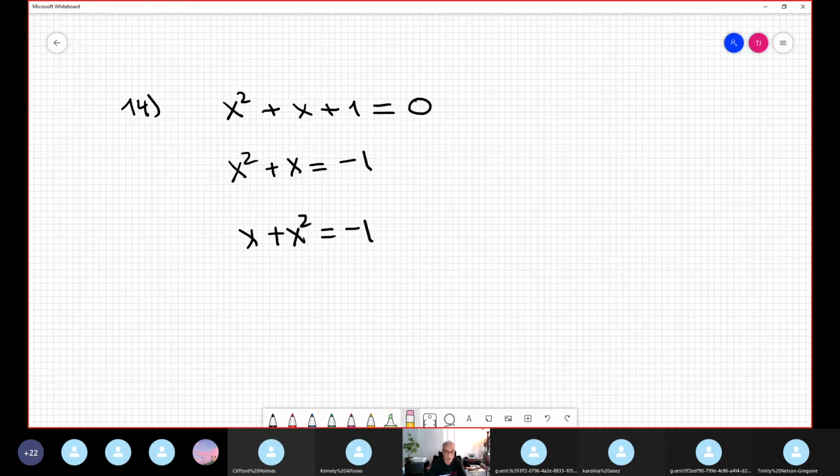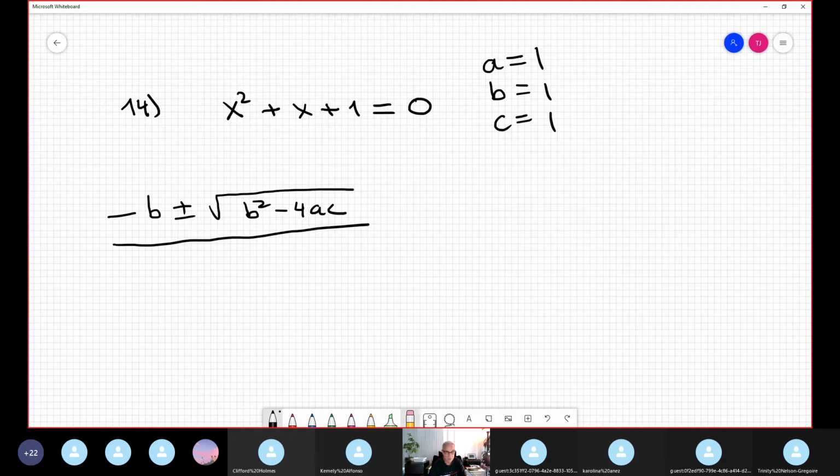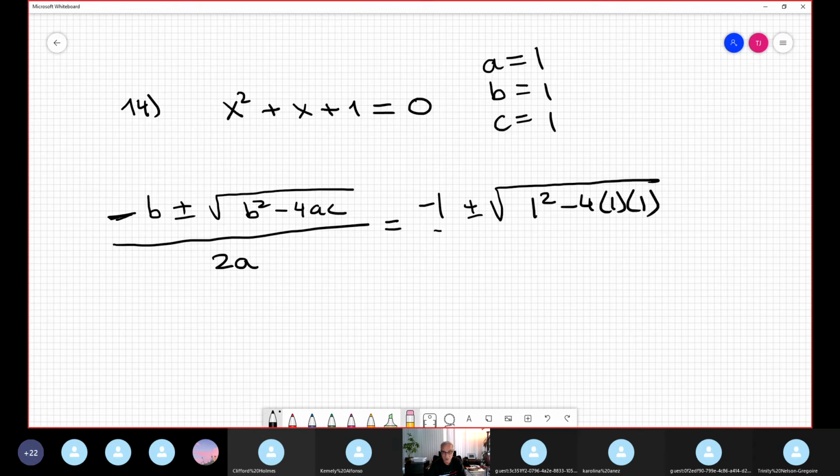Okay, this is important. The first step to determine A, B, C is to express the equation in standard form. So now it's ready to determine that A is 1, B is 1, and C is 1. Everything is 1 in this example. Now you apply again the quadratic formula. Everyone follow me, guys? Okay. B is 1, but in the formula we have a negative here that I need to respect. Plus and minus the square root of 1 squared minus 4 times 1 times 1, all over